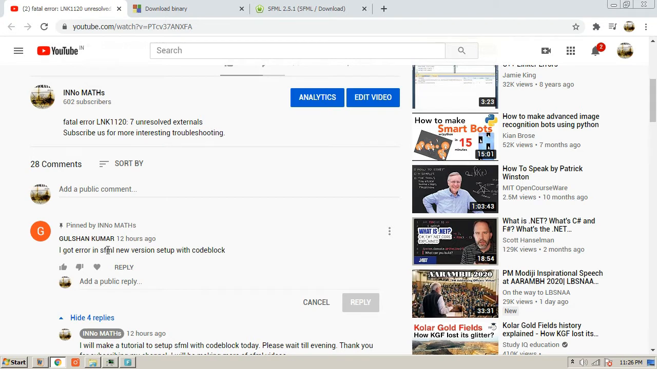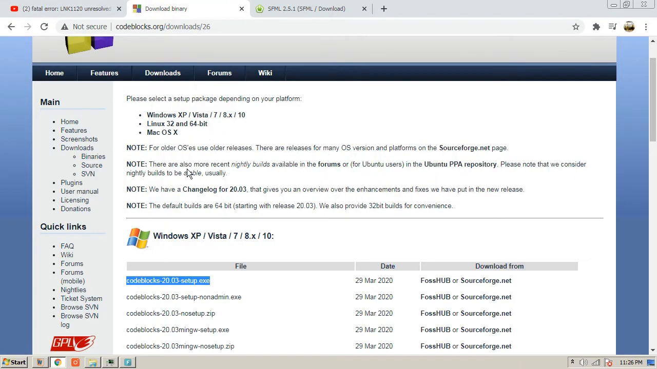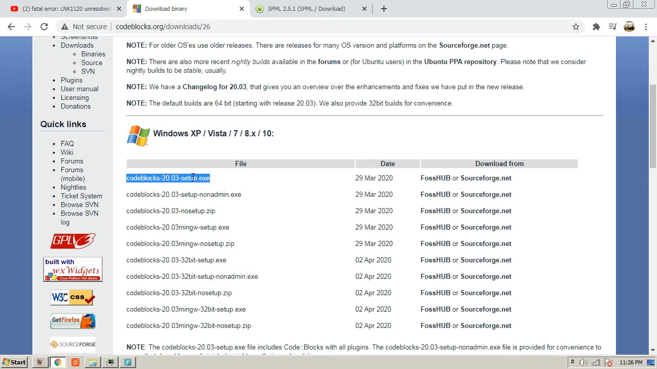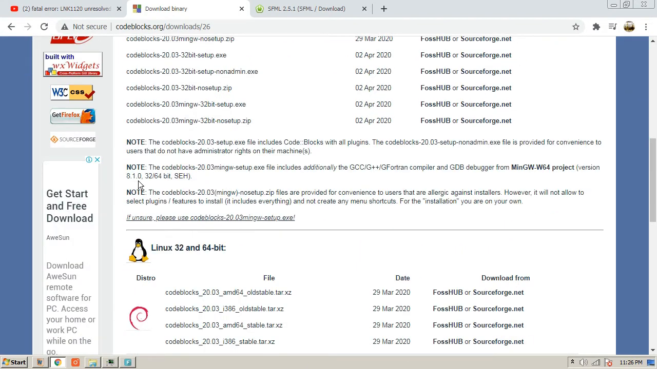So he wrote that he is having some sort of problem with the integration of the new version of SFML in Code::Blocks. At first look I thought that we just need to download the correct version of the SFML library that is compatible with Code::Blocks and our problem is solved. But when I went to the website and saw the latest version of Code::Blocks, it says that the compiler that it has is